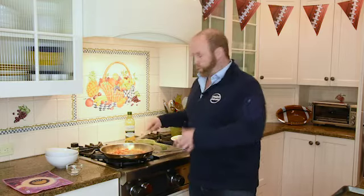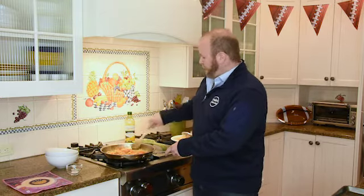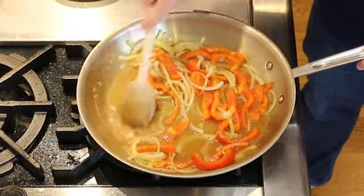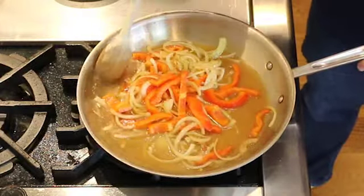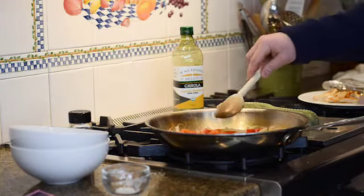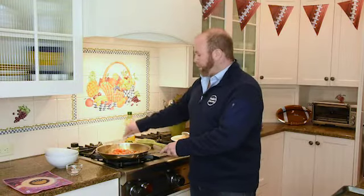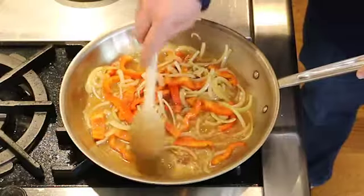So now what's going to happen is this. We're going to take our wooden spoon. I always use a wooden spoon. That's the Italian grandma in me. And I'm going to deglaze this pan. So we're going to scrape all those little brown bits off of the pan. And I'm going to leave this on high. And what's going to happen here is you'll see it's very liquidy right now because I added the broth. And we're going to reduce that. So we're going to cook that all the way down until this becomes pretty much like